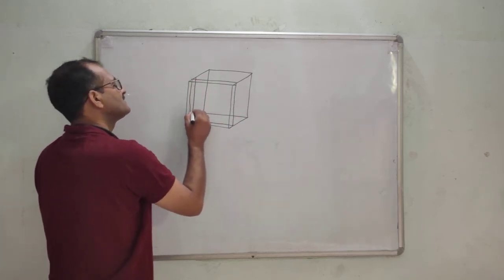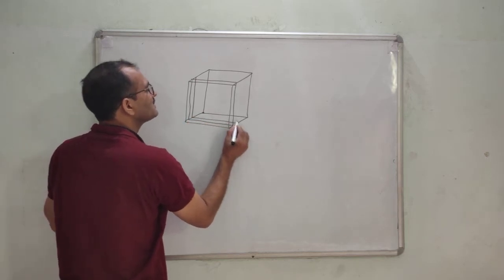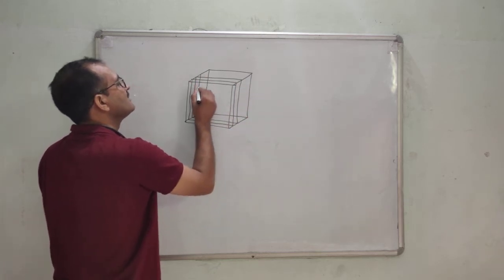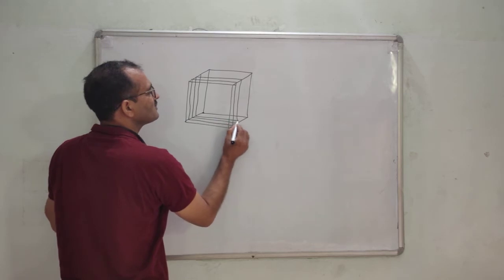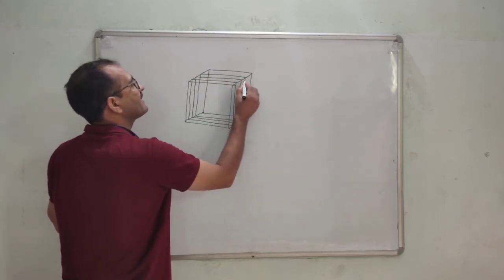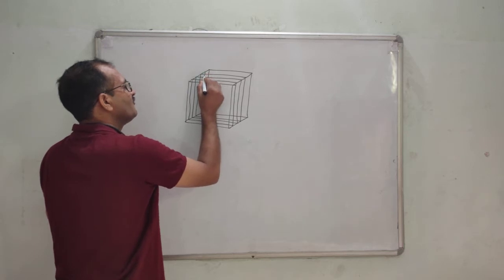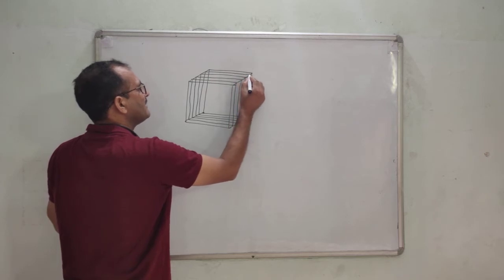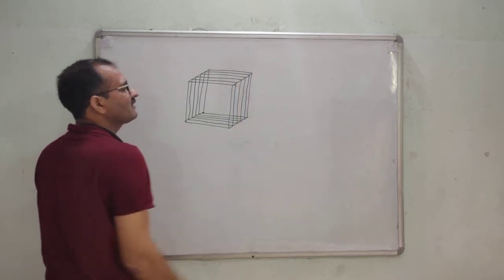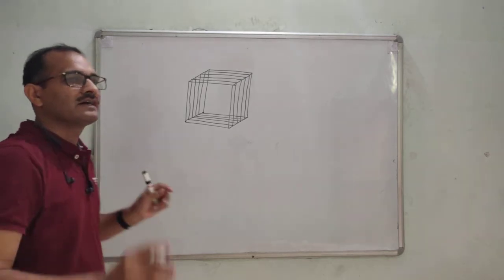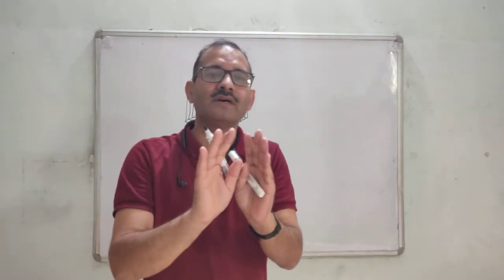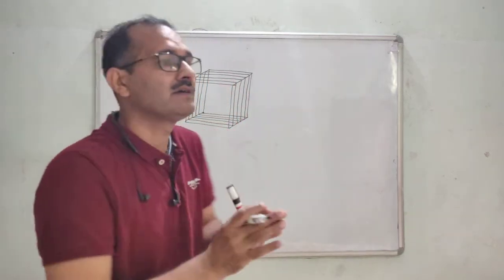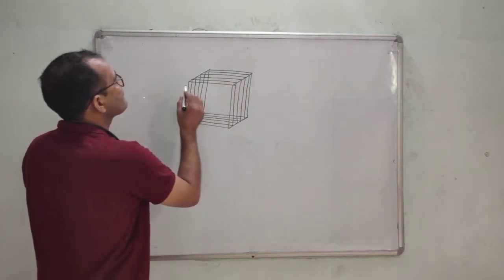Why in the form of sheets? To reduce losses due to eddy currents. Eddy currents will be minimized if we increase the resistance of the bulk. Instead of taking a bulk soft iron core, we take laminated sheets, different soft iron sheets laminated by some non-conducting film, and then fixed with each other.